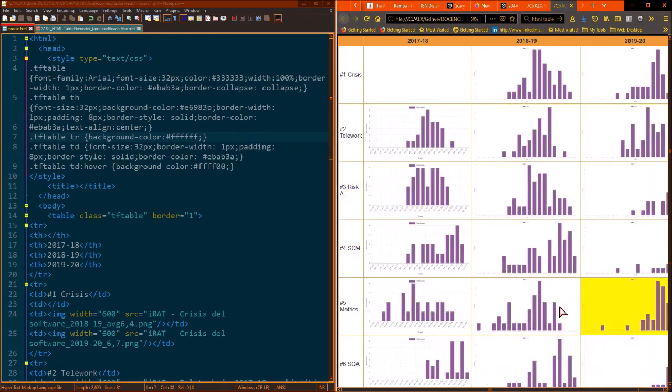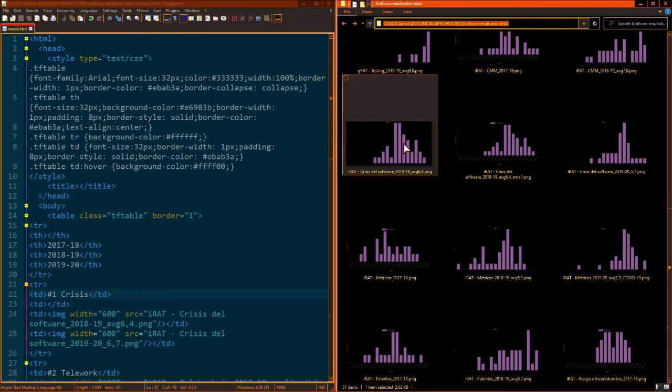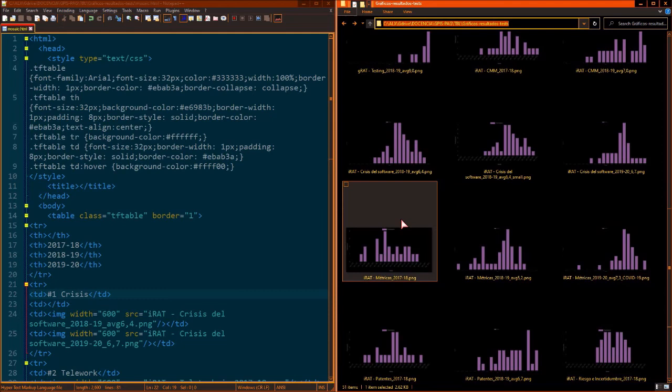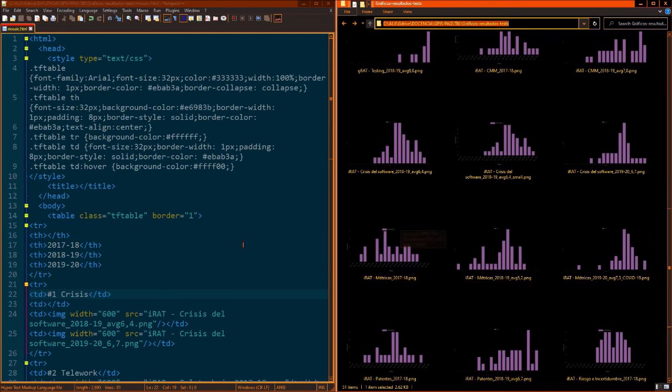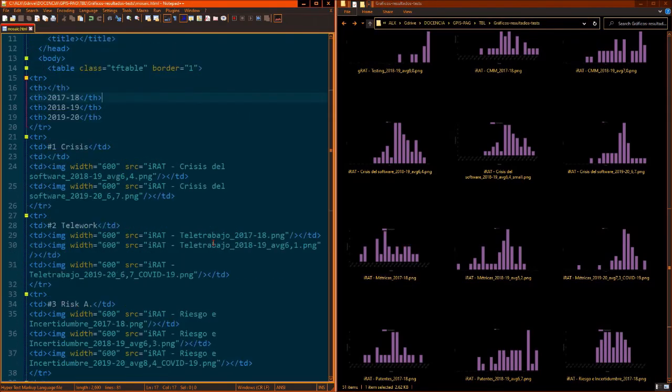Okay, so this is all. This was the purpose of the exercise: to show you how we can start with a folder containing a set of images, do some command line commands to obtain a list of the names of the image files that we want to include into a web page, and then create the encoding of the web page in a big part by doing find and replace.